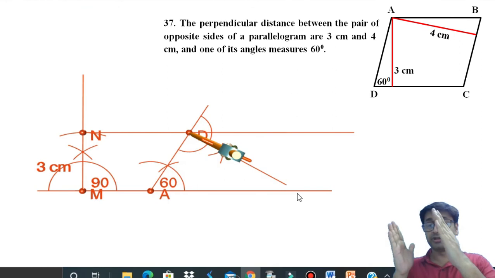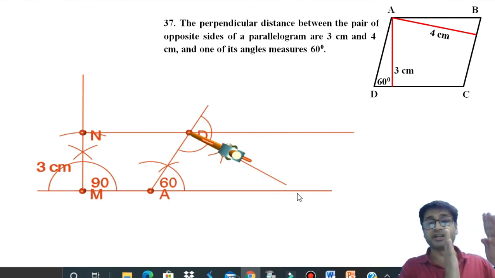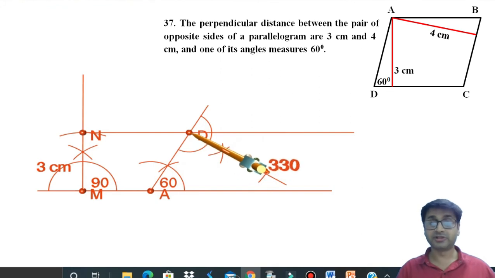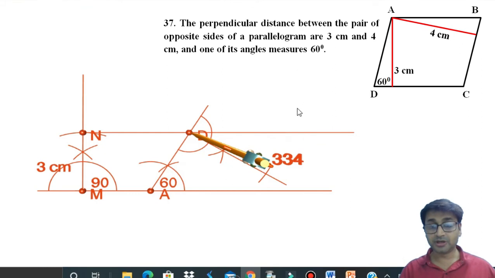Because the distance between these 2 parallel lines is just 4 centimeters. So from point D, you are supposed to cut an arc of 4 now. So keep your compass on D right like this and cut an arc of 4 centimeters. Now, wherever this 4 centimeters we cut, from here we'll have to draw one more perpendicular, because this BD, what we get right over there, is the perpendicular distance between the 2 lines. So this is the first line, second line will be here, and the distance between them is 4 centimeters. So from here, draw one more 90 degree.